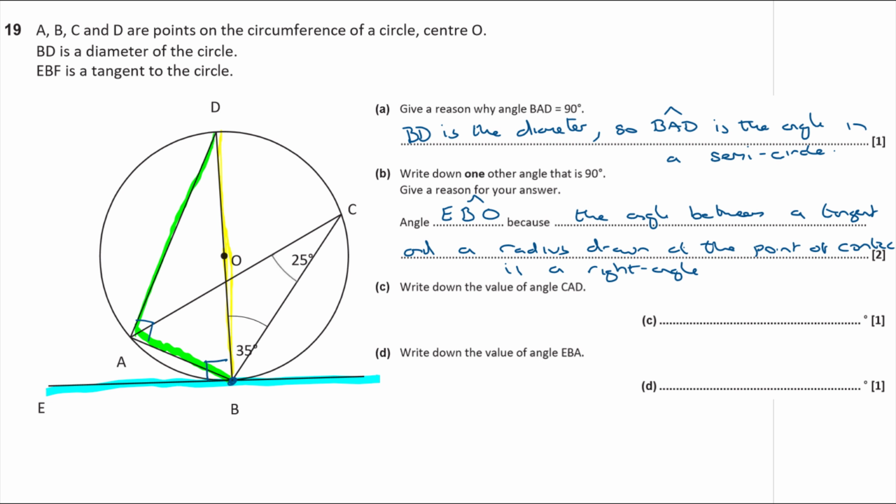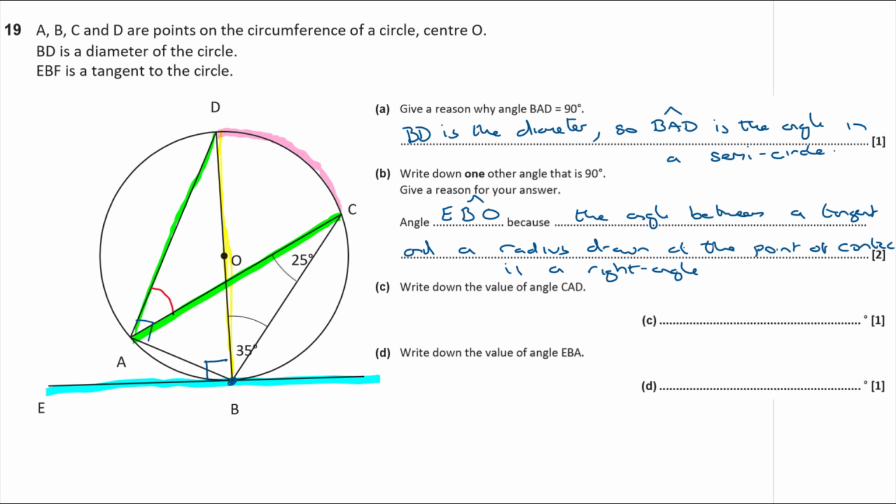Okay, and then write down the value of CAD. Where's CAD? CAD is this angle. What's that angle there then? Well, CAD is subtended from the arc CD. Can you see? Let's get rid of the green we used earlier. So CAD is subtended from the arc CD, but also